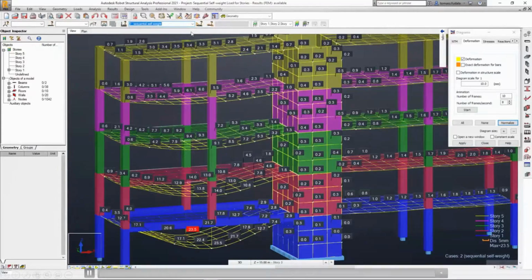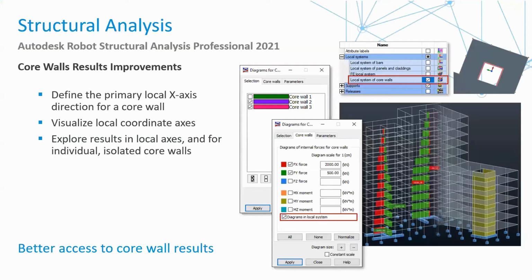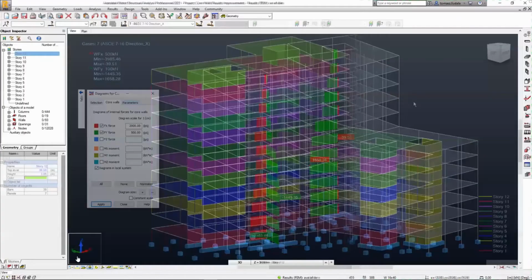Right. And the next one I just want to look at is your core walls results improvement, right? So Robot Structural Analysis allows us now to define the primary local x-axis direction for a core wall, visualize local coordinate axis, and also explore results in local axis and for individual isolated core walls. Right, and just to show you what that looks like,